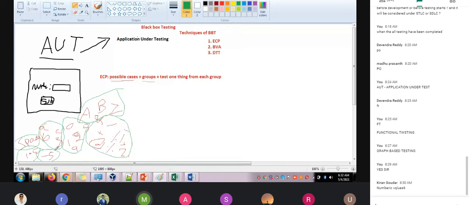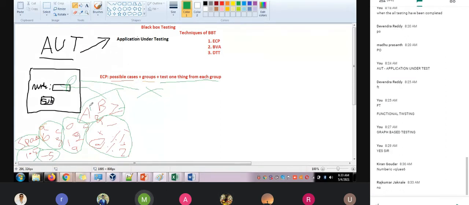Now after making groups, test one thing from each group. If I test capital B and it is not accepted, does it make sense to test Z and A? Anyone, guys? Does it make sense to test all of these 25, 26, 30 different things? No. This is the way of equivalence class.